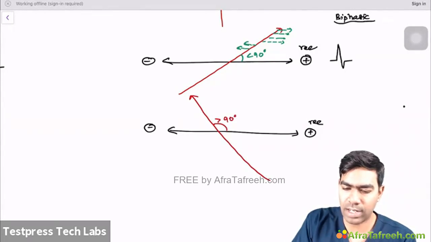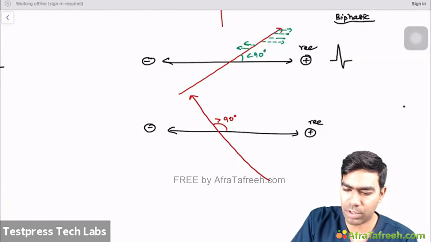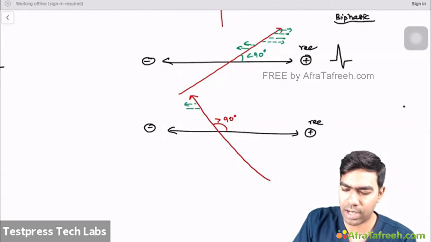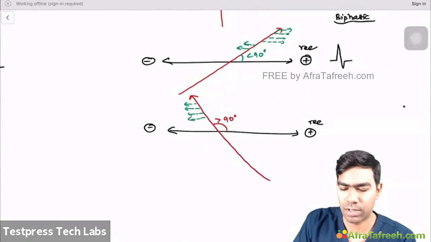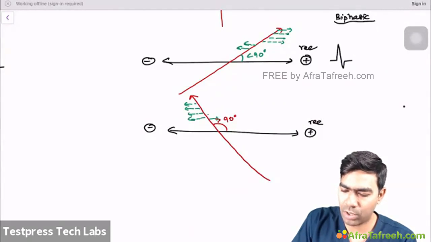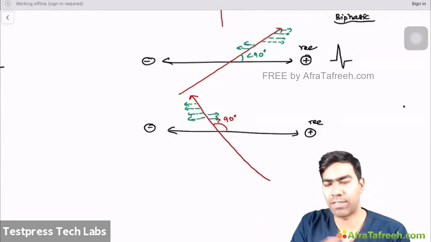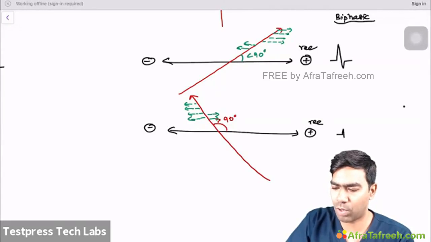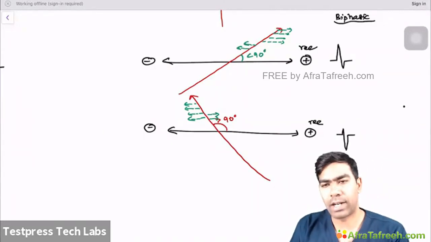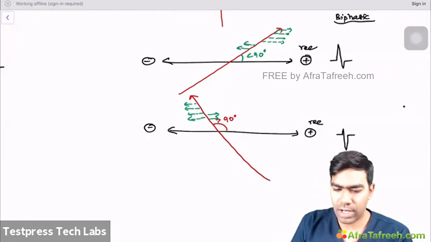Angle is more than 90 degrees. In this situation, you can see there must be a lot of forces acting away from the recording electrode, and some forces acting towards the recording electrode as well. Since more are acting away from the recording electrode, it should now be a small positive and a big negative. So this is really important to understand,